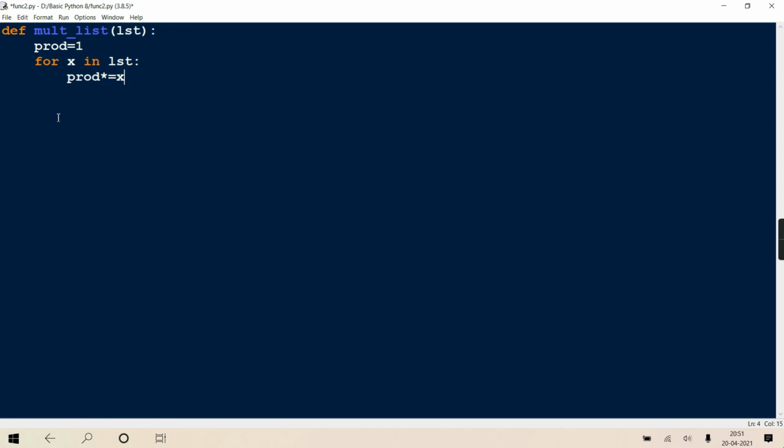Chapter 1, last topic was that only. Entire table I gave. This is same as product is equal to product into x. So instead of writing that, can I write in short form like prod star equal x? And then return the product.